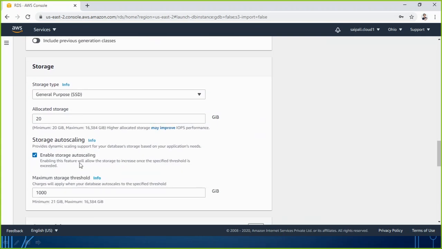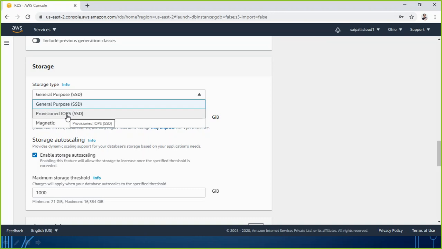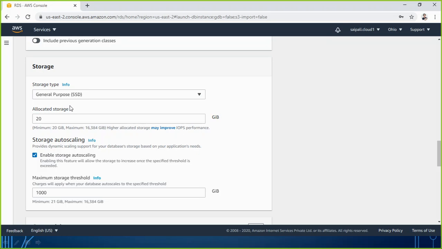Now scroll down. A storage type. What type of hard disk you want to attach with it? So I can go with the general purpose SSD, no problem. I don't want IOPS. IOPS is used for high input output. So for me, I'm okay with general purpose SSD hard disk. Allocated storage. How much size you want to give to this database? So obviously depending on your company requirement, here you see the minimum you can give is 20 GB, the maximum you can give up to 16,384 GB. So for me 20 GB is even more than enough, because we are just going to create a small table for testing purpose. We are not going to have any big data there.